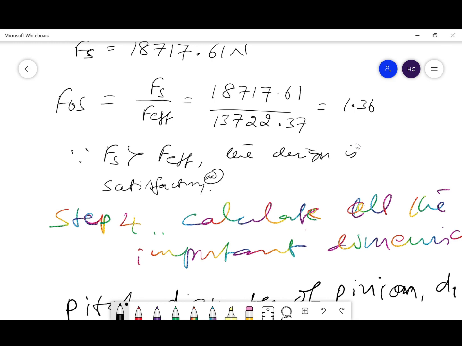It's like, for example, it's better for you to get 90% and above, that is very good. It is recommended. Your parents may expect that you should score 90 and above, but to get the distinction, even 70% and above is okay for certain examinations. In such a way, this is also satisfactory.